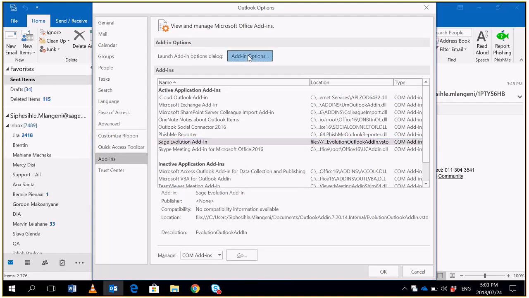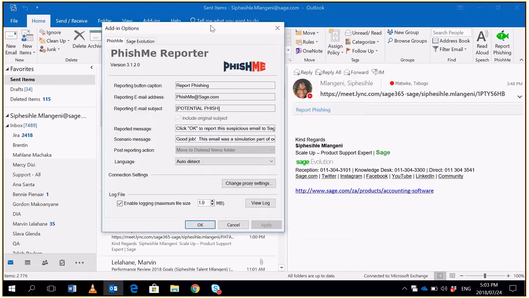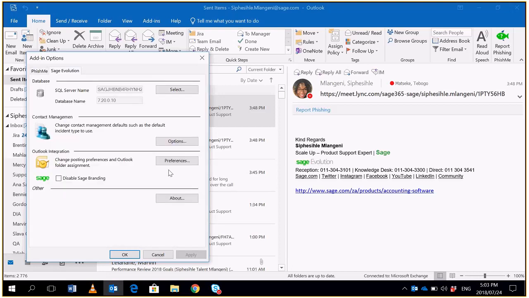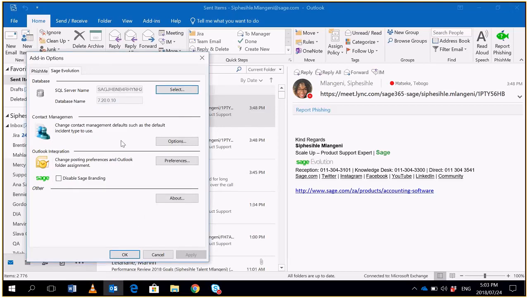I'm going to go to my add-in options. When you log into your Outlook for the first time, this is the screen that you'll see. In this screen, what you have to do is select your relevant database, click on options,